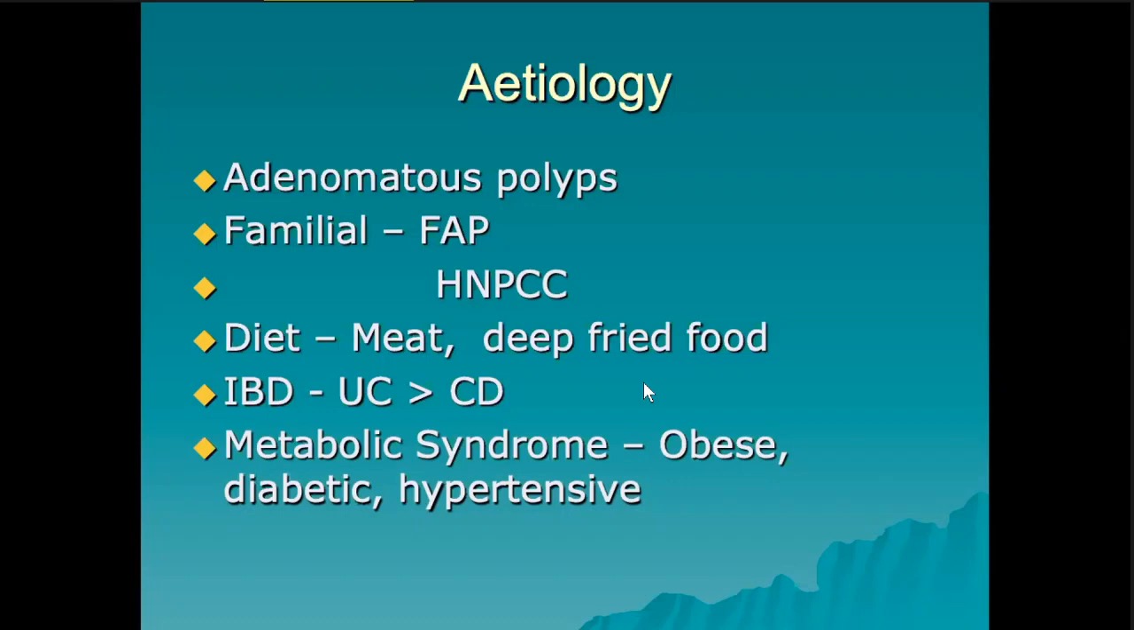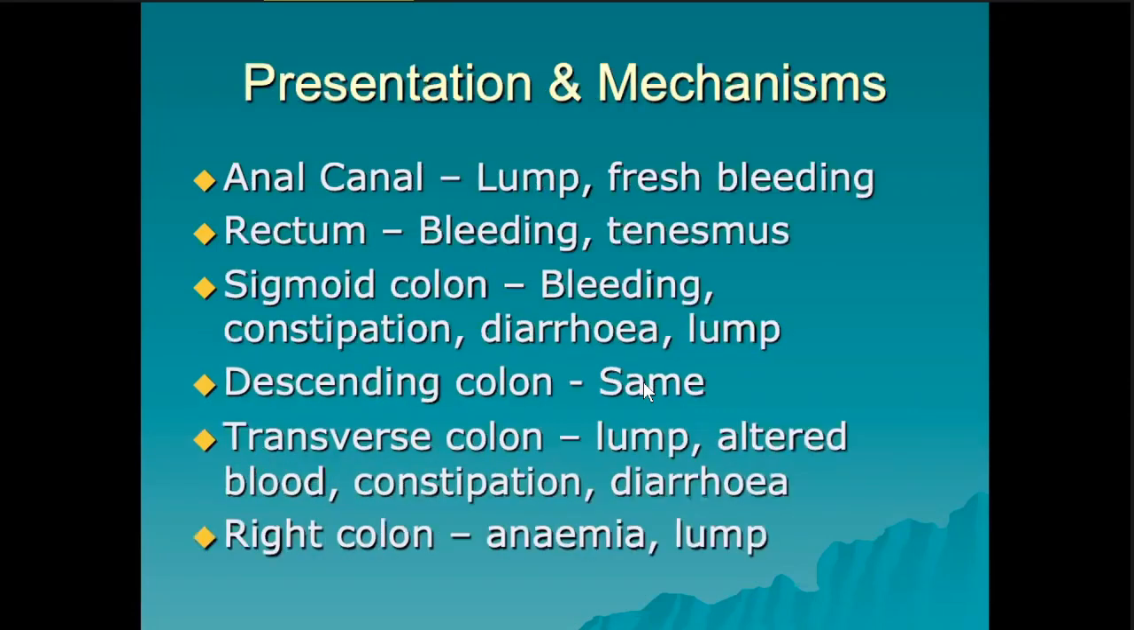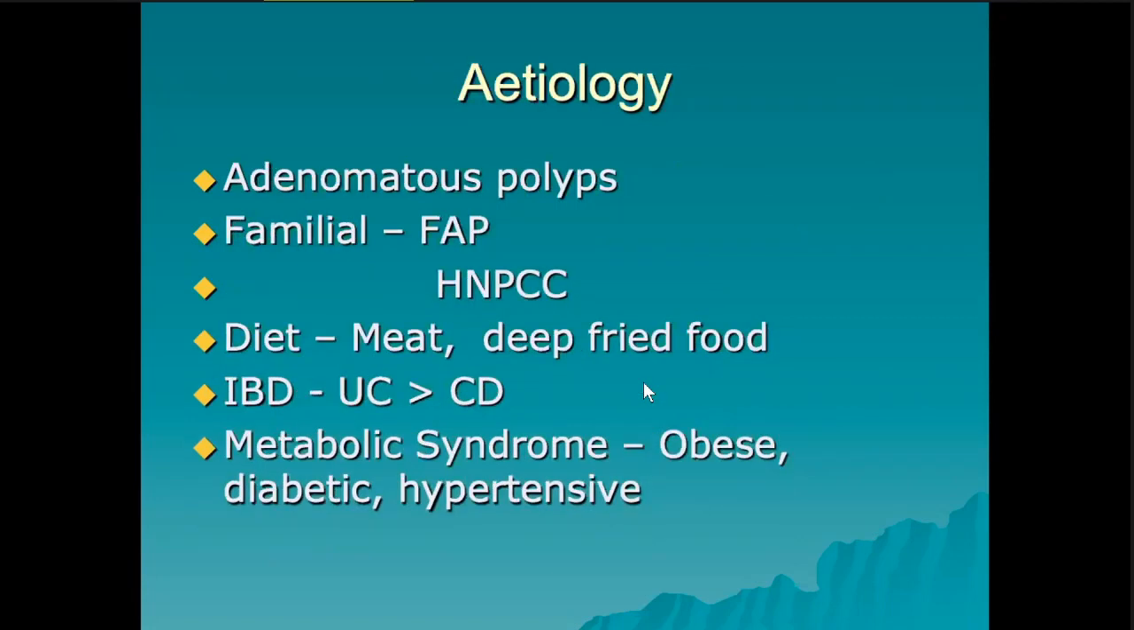Then you also have this condition called Lynch syndrome. Earlier it used to be called HNPCC, hereditary non-polyposis colorectal cancer. This is different to FAP, because you don't get such a large number of polyps. It's a smaller number of polyps, usually less than 100. And people who have this condition, which is also inherited,